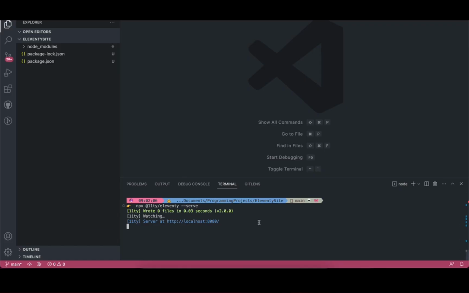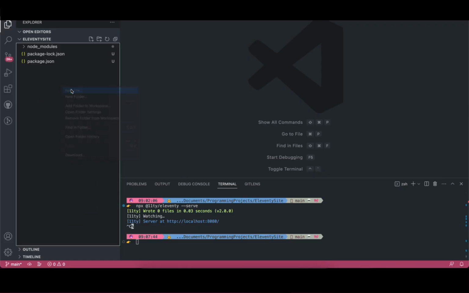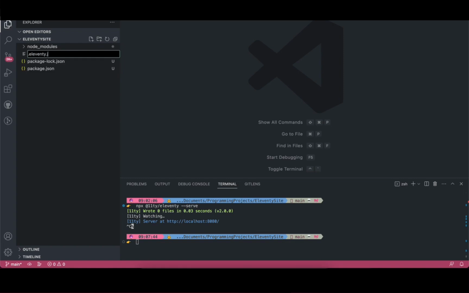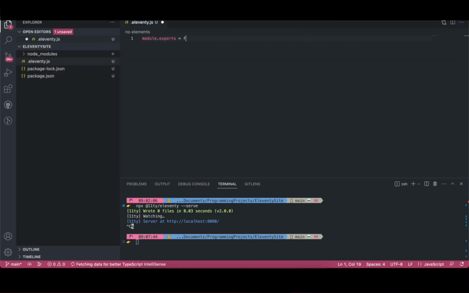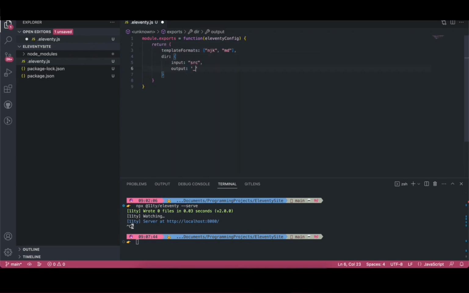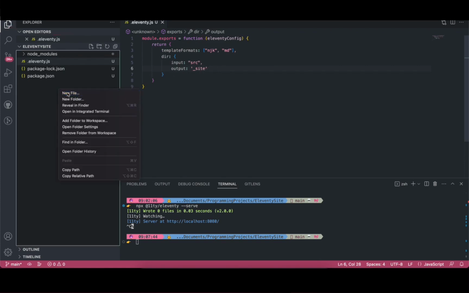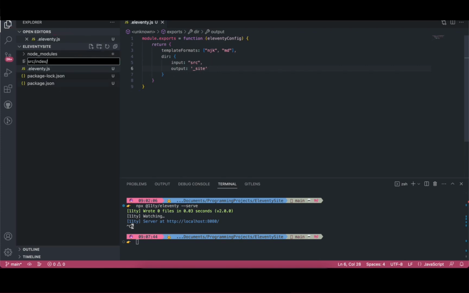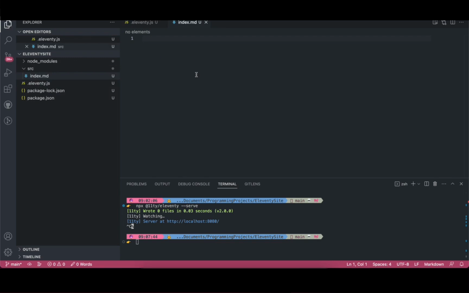So I've just had a poke around, and I first have to set up some config. So I'll put the config file in here, and then basically specify that I want to use Nunjucks and markdown files as inputs, and then the folder names of where I want to get the input from and which folder I want to output to. So if I now make an index markdown file and just put something into there, this should actually show up in the browser. And here we go.